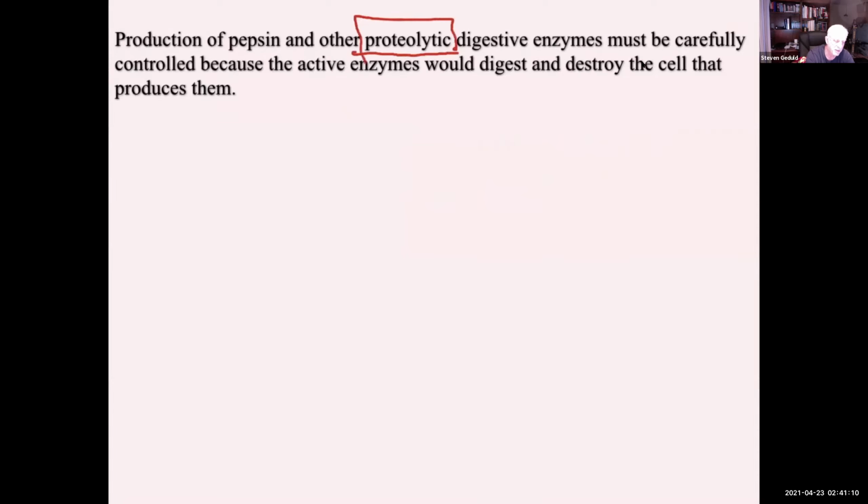must be carefully controlled because the enzyme activity would digest and destroy the cells that produce them. So in other words, you have to control the cells making the pepsin and the other digestive enzymes in the stomach. You need to control that because they're going to start dissolving everything, right? They break down proteins non-discriminately. Your stomach wall is protein. It's going to start dissolving that. So there's control over each one of those to make sure we're not digesting our own stomach and destroying those cells. So it's under